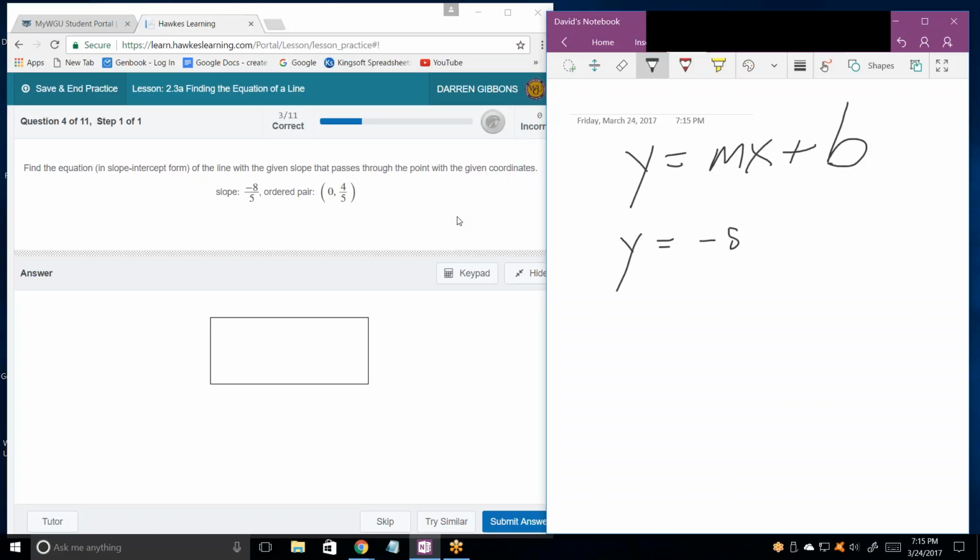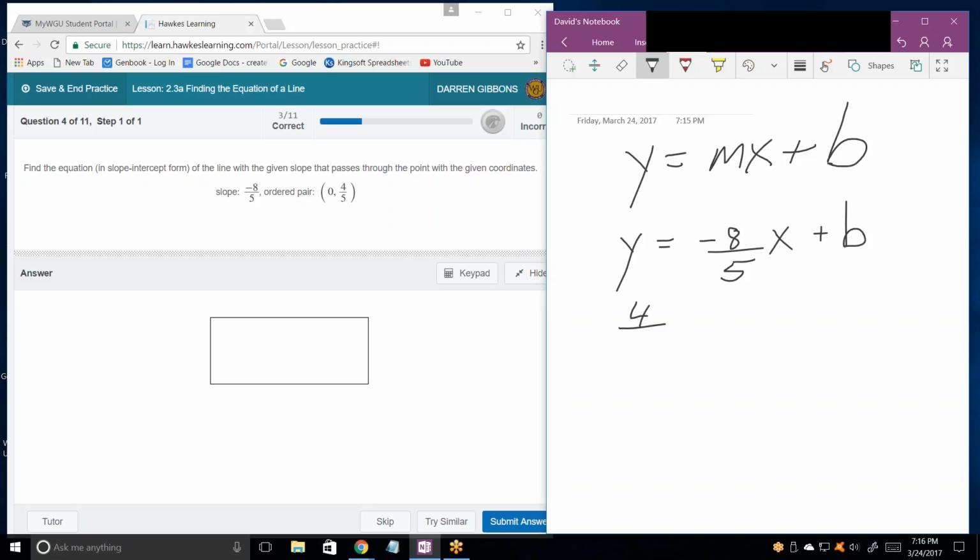So y equals negative 8/5 x. In other words, when you know slope, you can write most of the equation. We still have to solve for b. And the way you always solve for b is, what am I going to do again? Well, that's what you wanted to do as your first step, was plug in 4/5 for y and 0 for x. So y would be